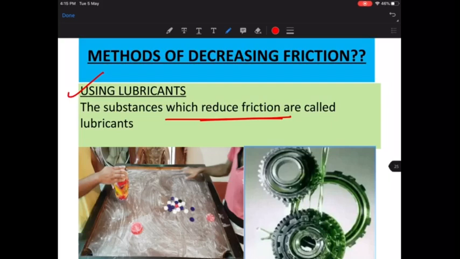We apply grease. So grease can be a lubricant. Oiling can be a lubricant. So you can use anything. In case you can see here this carom board, what do we do? We apply powder. Sometimes when you're not able to actually score well, what do we do? We just take the powder and we sprinkle it over the board.